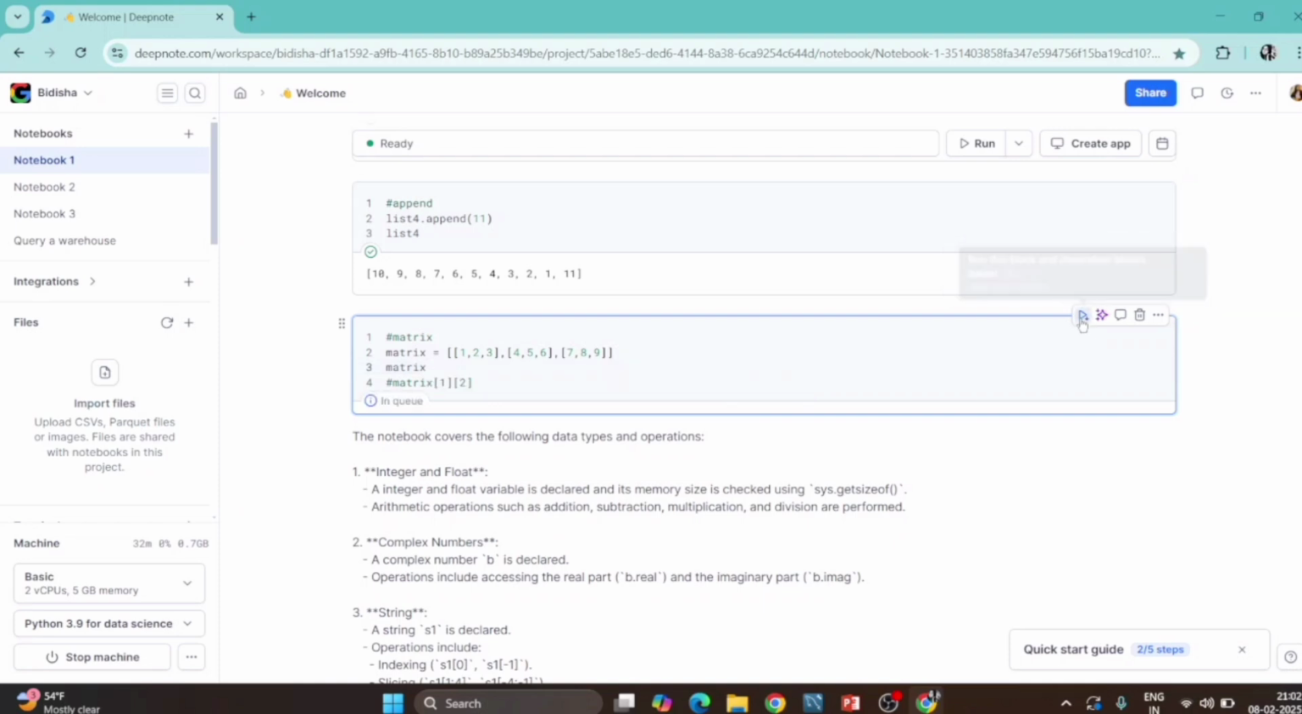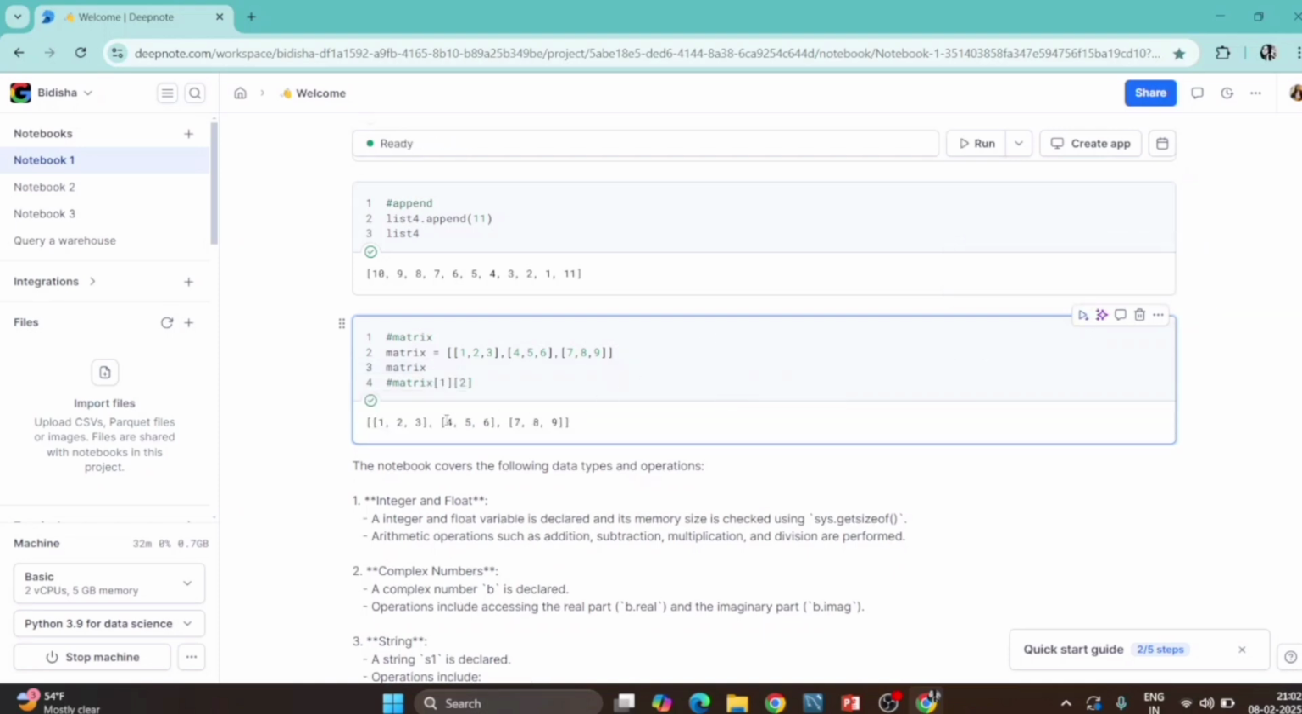Okay, now run. See, this is there, taking that matrix is 1 2 3. First is 1 2 3, then 4 5 6, then 7 8 9. Okay, now